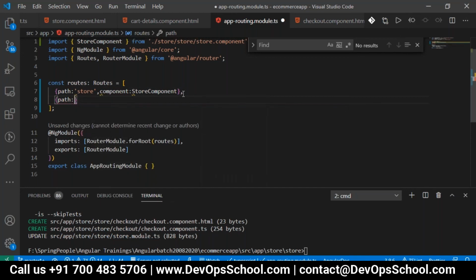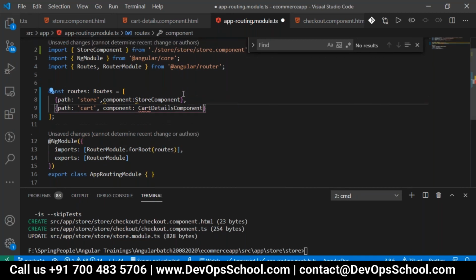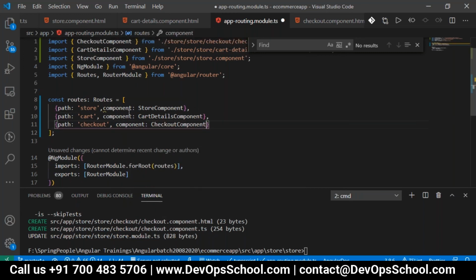Then when the path is cart, it should be the cart component, which is not cart summary, but the cart details component. And if the path is checkout, the checkout component. So I've given all the routings here.